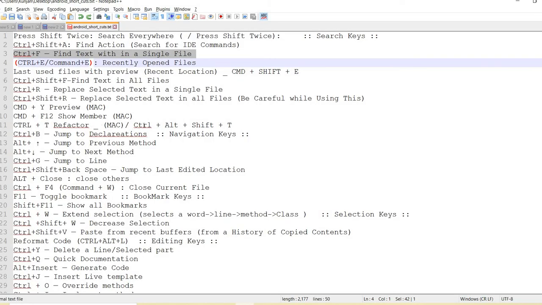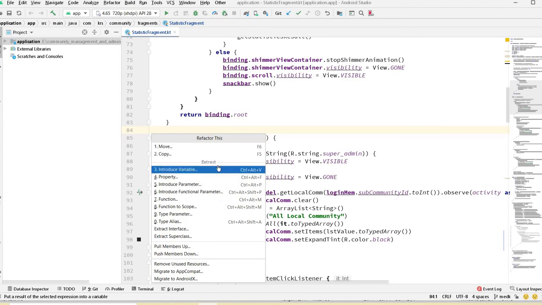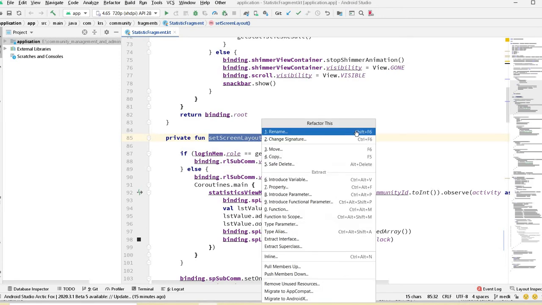Then Control T or Control Alt Shift T. Control Alt Shift T is for refactoring. If you want to rename a key, then you just type Control Shift T, rename. For rename there is also Shift F6, but you have to press the F6 button.